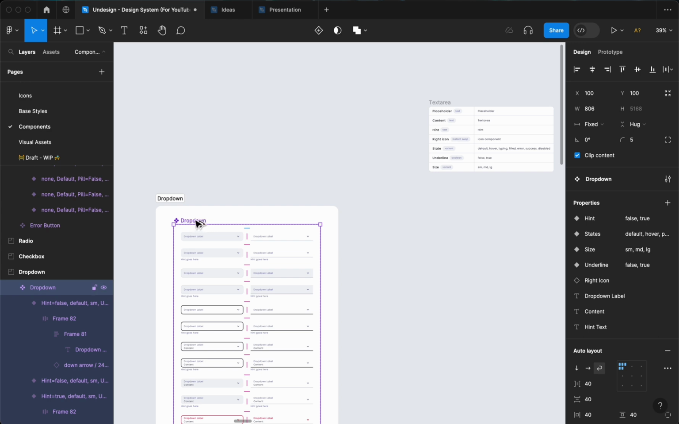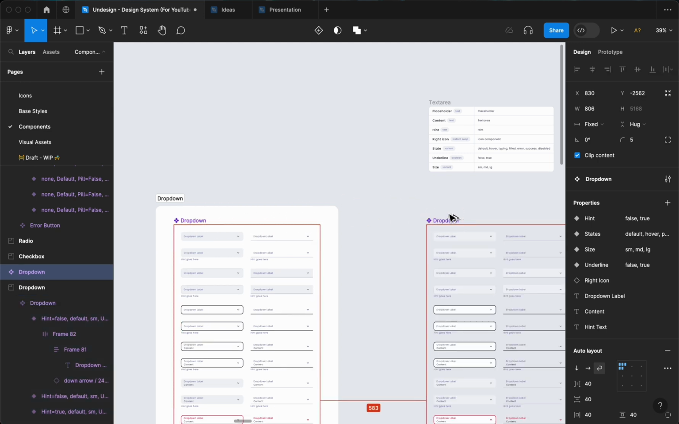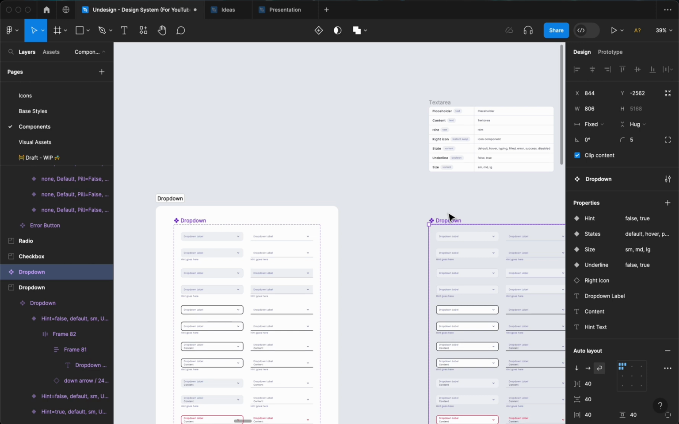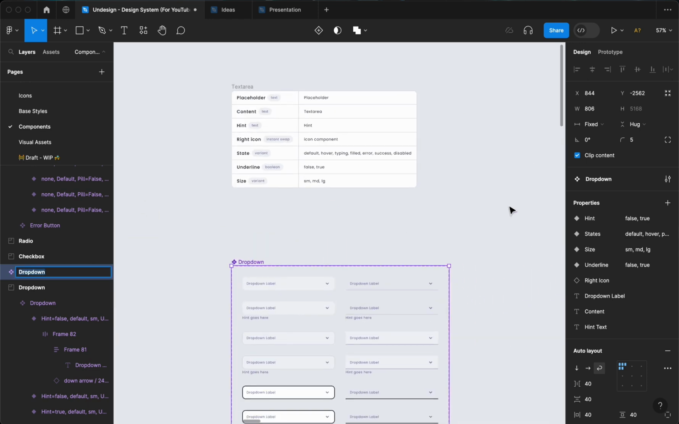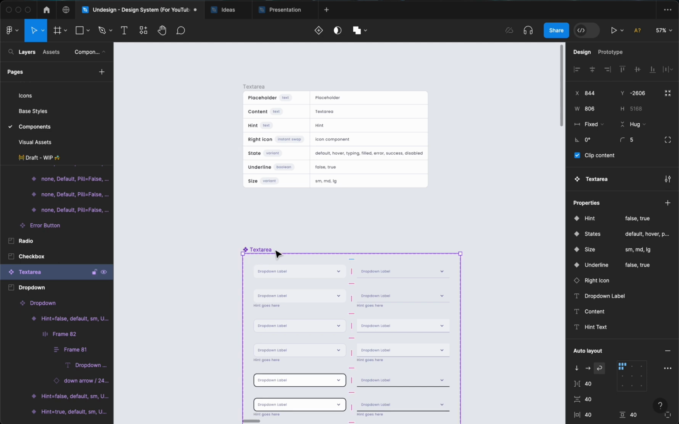hold Alt or Option and drag it here just to duplicate it, like so. And then I'm going to rename it to text area. The other steps are pretty straightforward, and what I'm going to do is just edit the